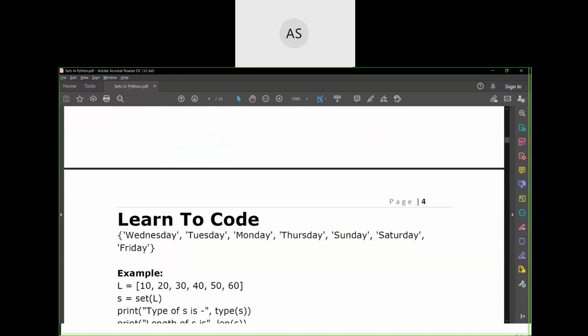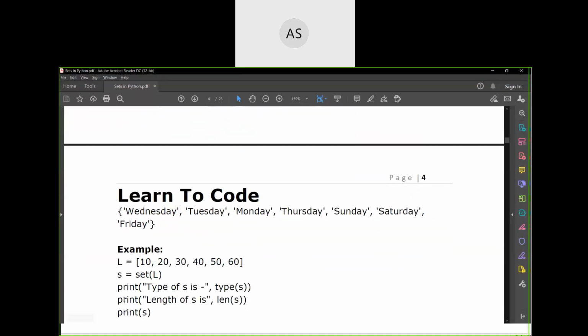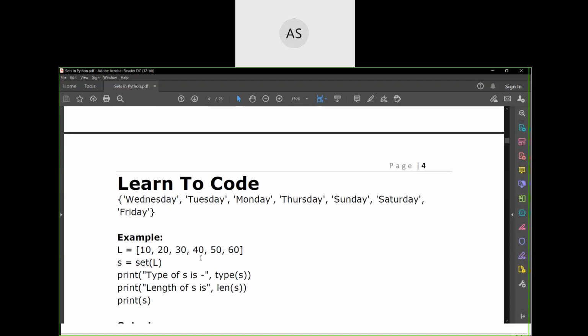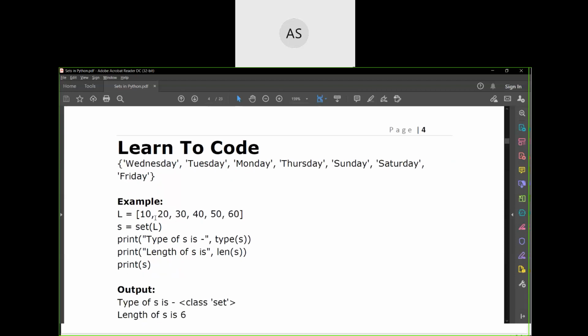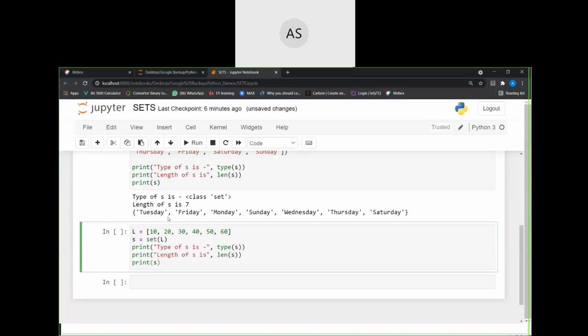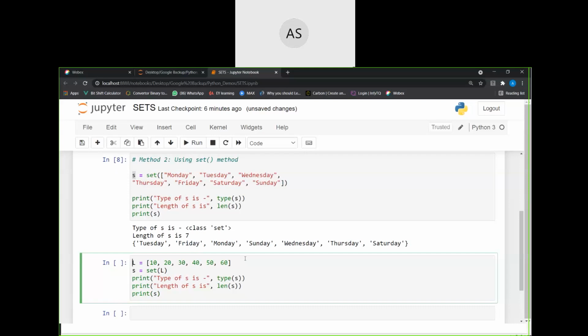Now, going for the third method. Okay, so here I go. See here what I have done. Instead of going like that, I have done it like this. This is also going to do the same thing. What I'm doing is creating a list. Then I'm using the set method and passing the name of the list inside. So what is going to happen? This list will be converted into a set and then stored inside this variable. Same as what I am doing here.